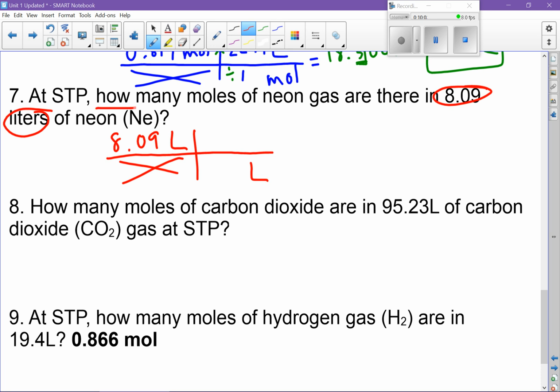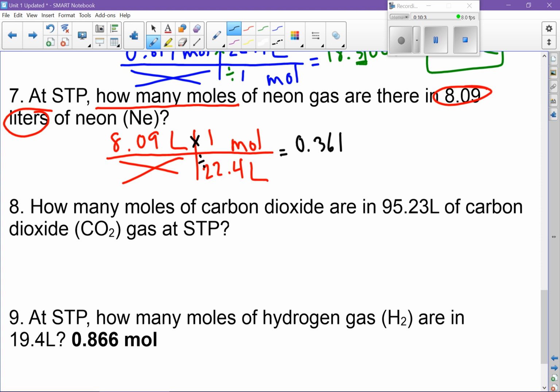I want to solve for how many moles. The thing you want goes on top. Then you can fill in your numbers. You put 1 with the mole, and 22.4 is the molar volume with liters. Then you're going to get your calculator, times on the top, divide down. Let's see, when I put that in my calculator, I get 0.361,